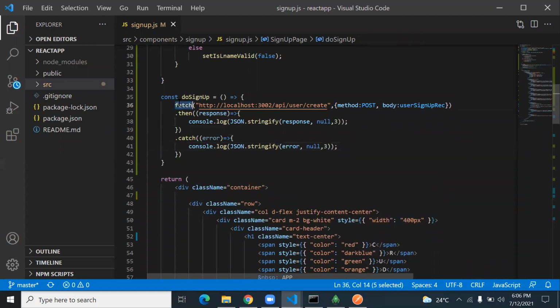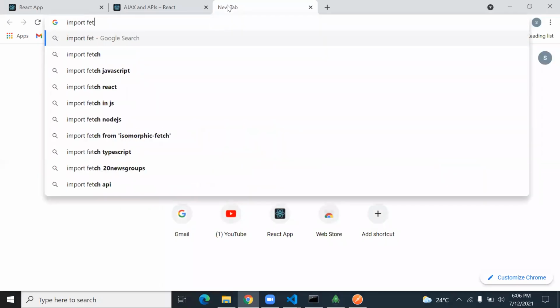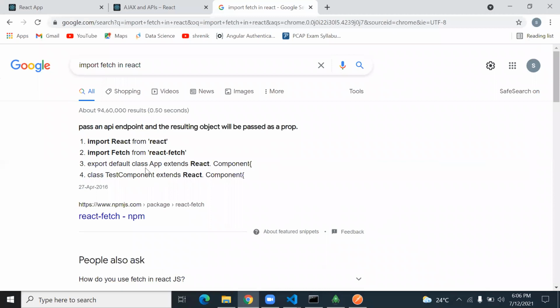So fetch is an API, and this you are going to now include. You write import fetch in React. You need to install this fetch using npm install.